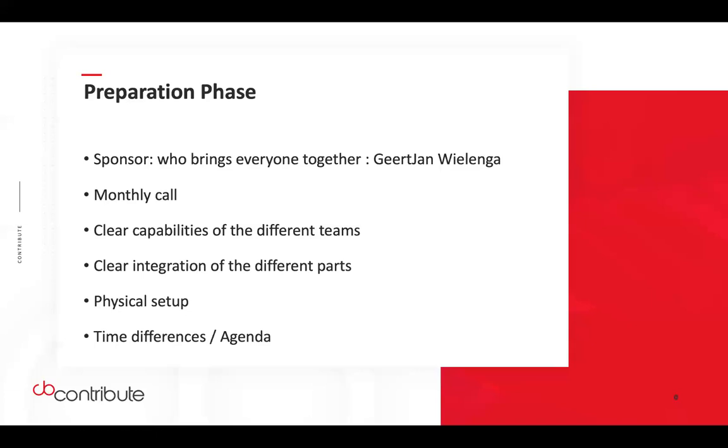So to get this all ready, to get this all controlled, to get this all in place, we had a monthly call, which was very necessary to get our heads in the same direction, because we are with 3 partners, I thought. So we had the Steltix people, we had Contribute, and we had the people from Phil in London. So we all had our own ideas, and it was of great importance to have them all synced together and to have the same path forward.